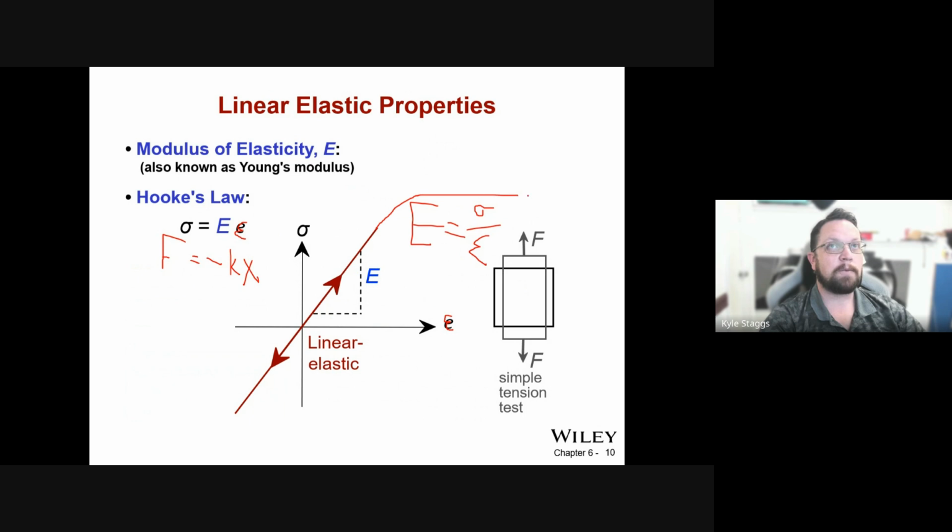As soon as that curve starts to change and you get beyond into the plastic, this no longer applies. So that's what you want to pay attention to, is this is only applicable in the linear elastic region,